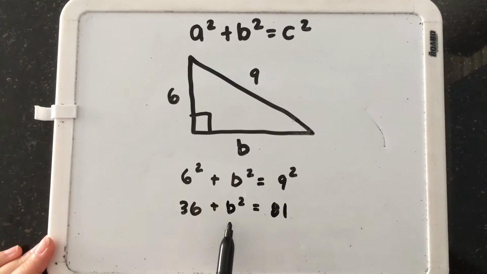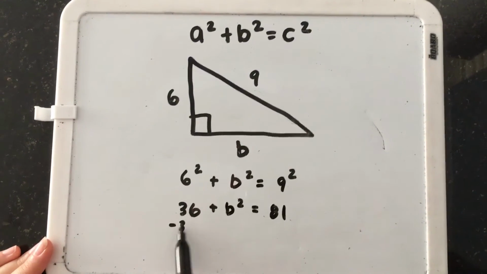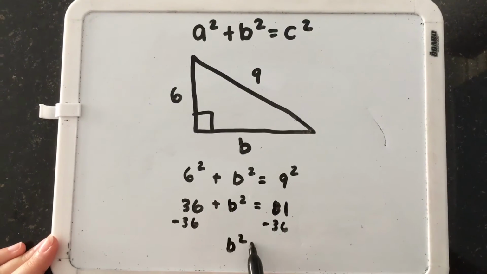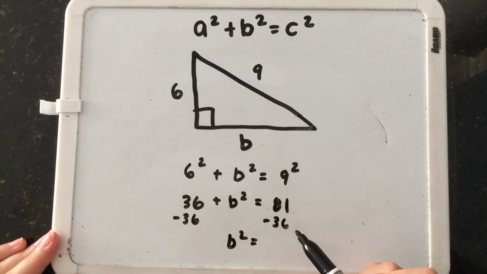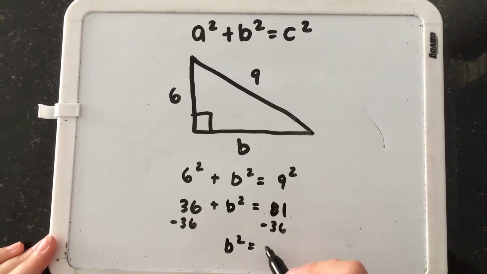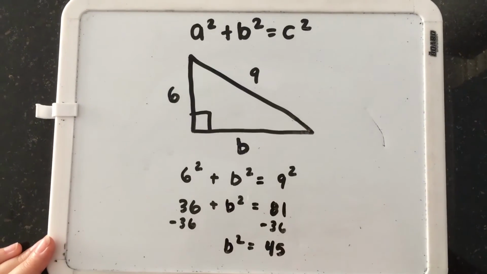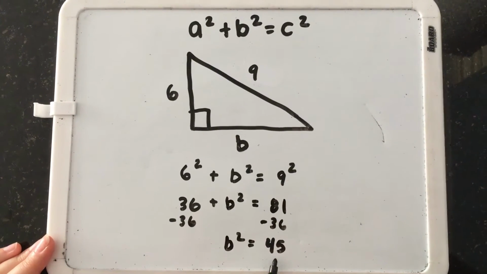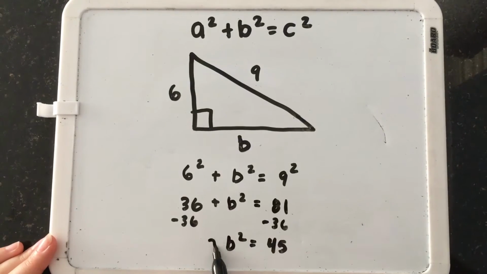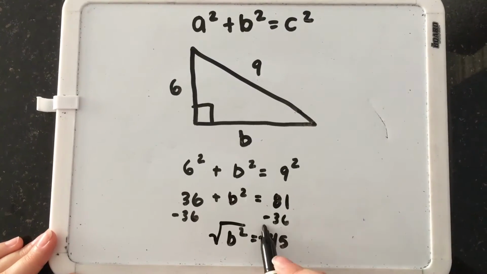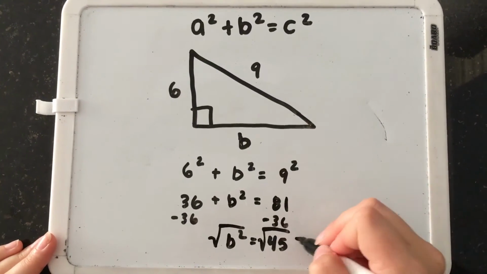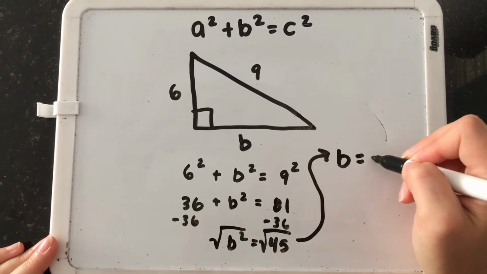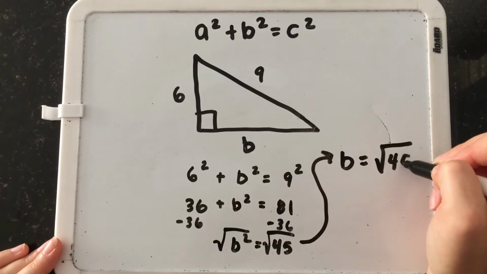If we want to isolate the b squared term, we can subtract 36 from both sides. B squared equals 81 minus 36, which leaves us with 45. In order to solve for b, we have to take the square root of both sides, square root b squared, square root 45, and this is going to leave us with b equals the square root of 45, which we